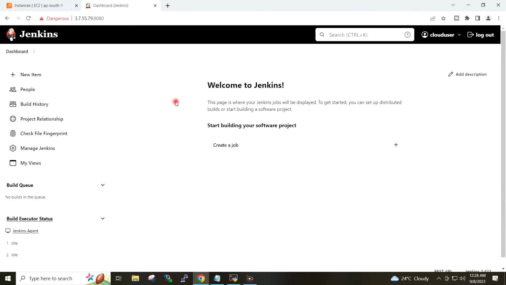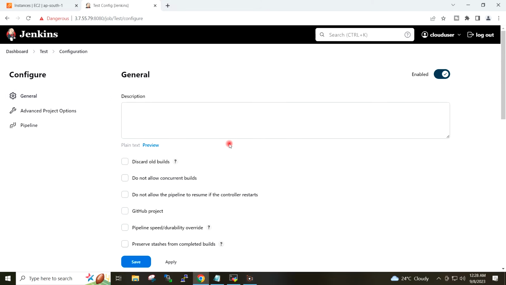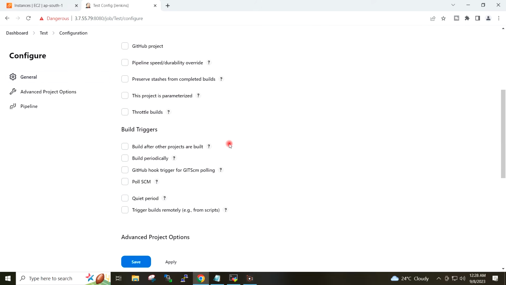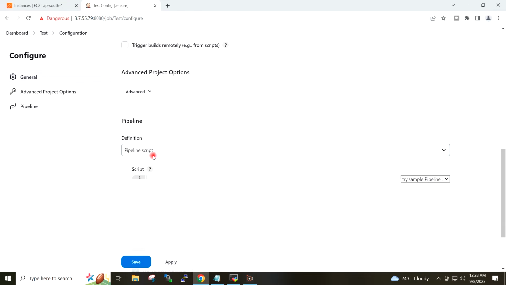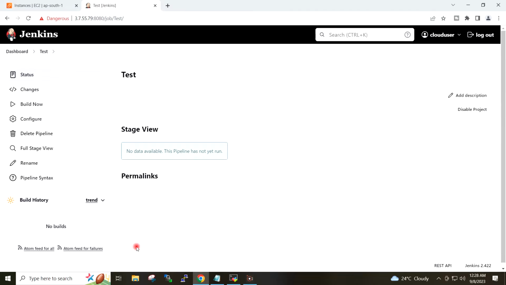I will go to my dashboard and create a new job. I will give the name test pipeline. Pipeline script, I will select hello world, apply, save, and I will do the build now.